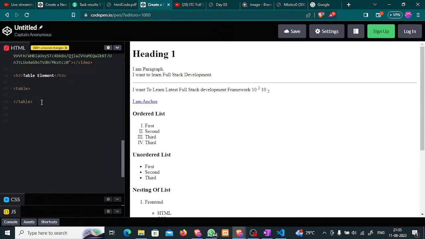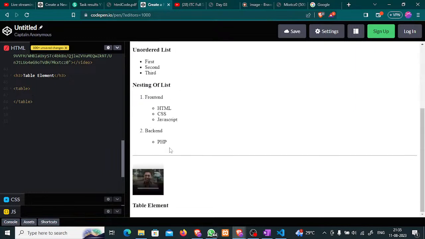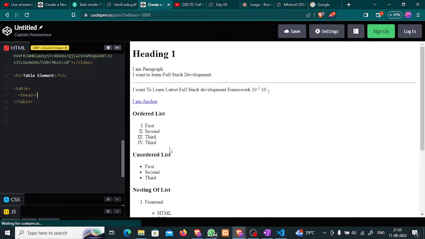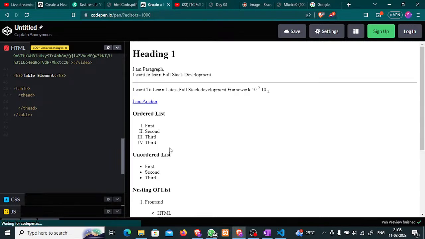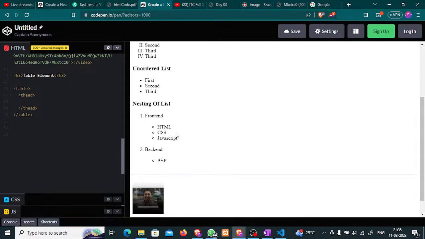And inside the table element, we have two components. One is table head, and the tag for table head is nothing but thead. So I have opened it, so I have to close it as well, thead. Alright guys. And as I told you, in the table head we write the heading part of the table. So to write the heading part, what I will do is that